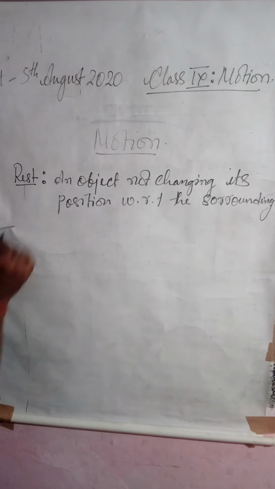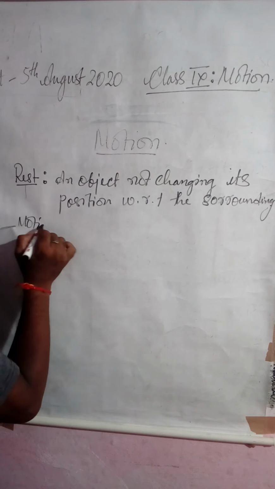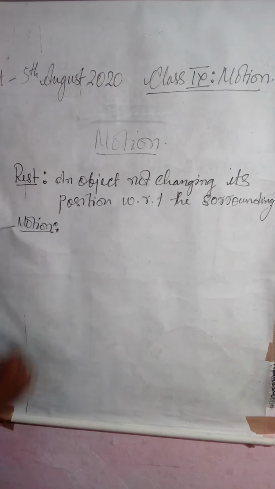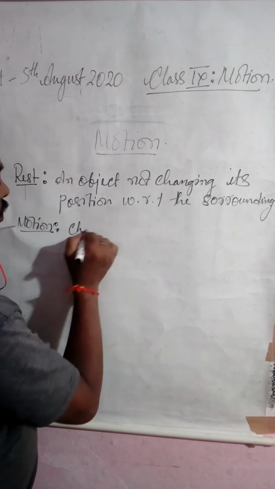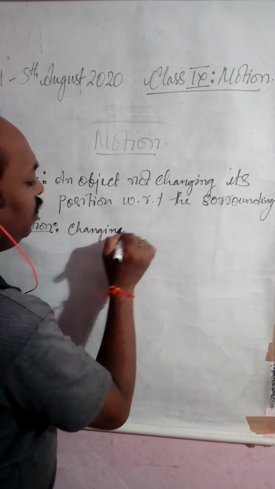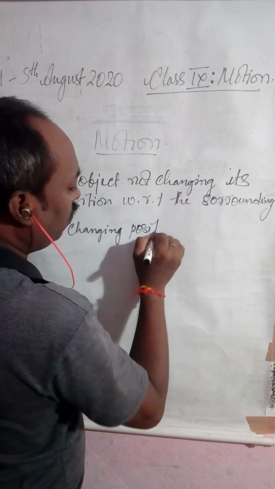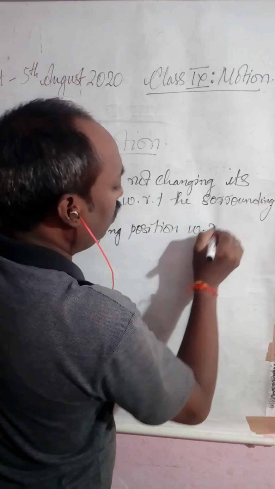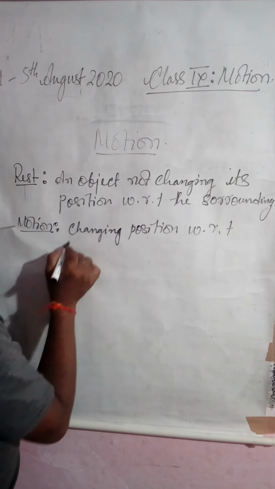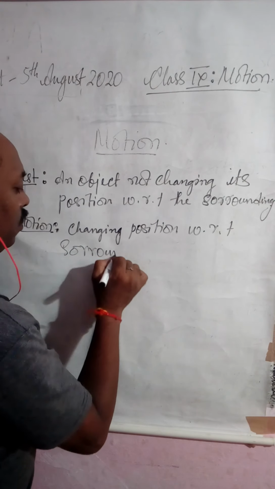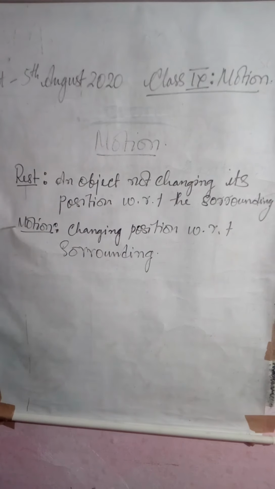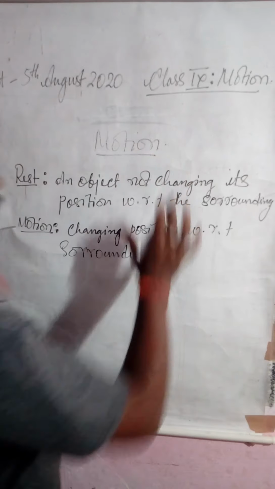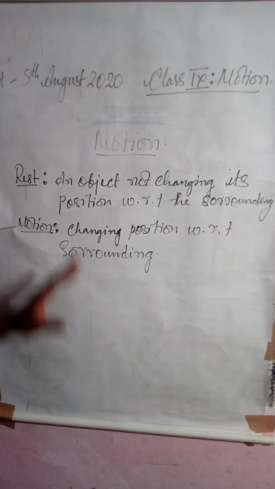Similarly, we define the term motion connected to the rest property: if an object is changing its position with respect to the surrounding, then we generally term the object to be in motion. That means if I am going to define it graphically or with some sort of an explanation,